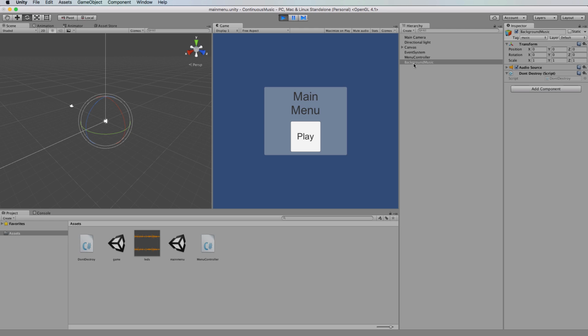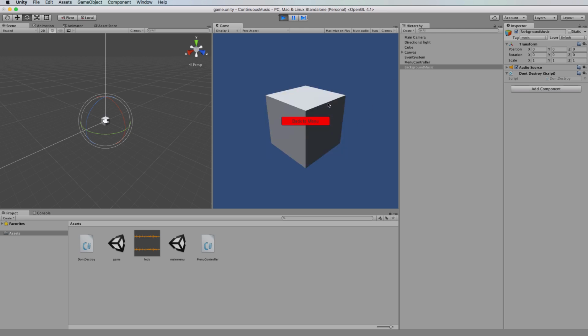All right, so it's playing, it's in the scene. Let's go play. Okay, it's seamlessly played. It's still in the scene. That little hiccup you heard was the actual loop itself when it loops around, but it still is playing seamlessly. Now, when we go back to the main menu,